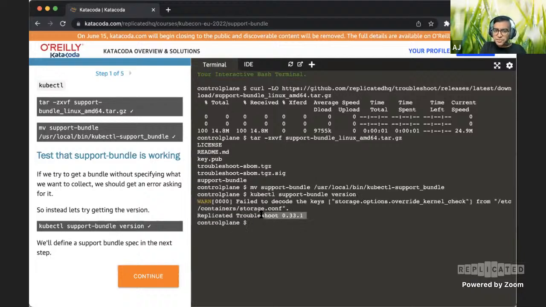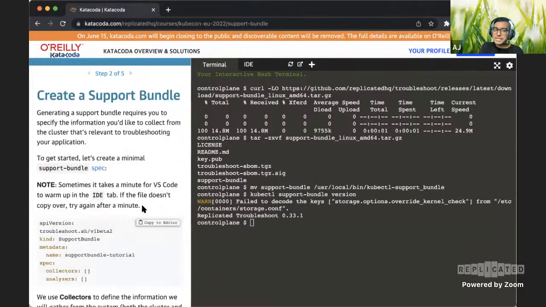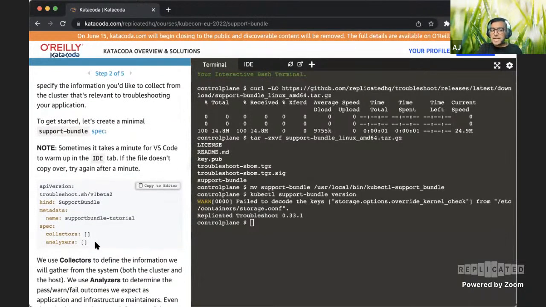So the version is 0.301, and ignore some of these warnings we might get as we run through this sometimes in the cluster, and we'll see in the next step why that is. Some of these, because the resources don't exist in the cluster, will just give a warning. The reason for this is that when we create the support bundle, by default, we don't actually mention anything in the spec. So in the spec, we just have the blank collectors and analyzers, and this is just in YAML